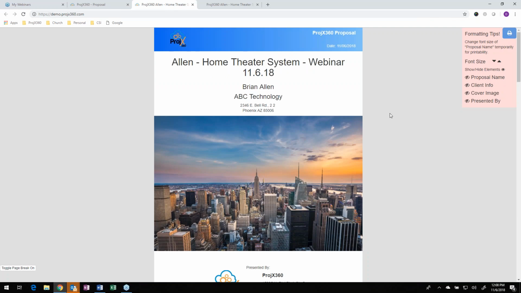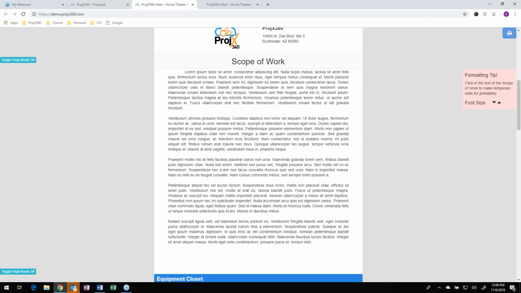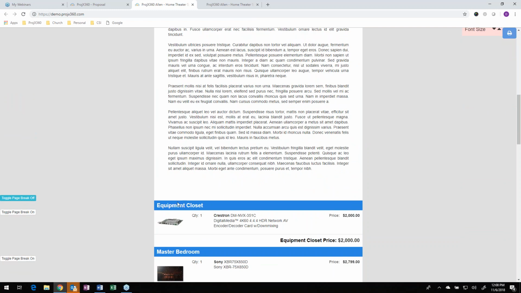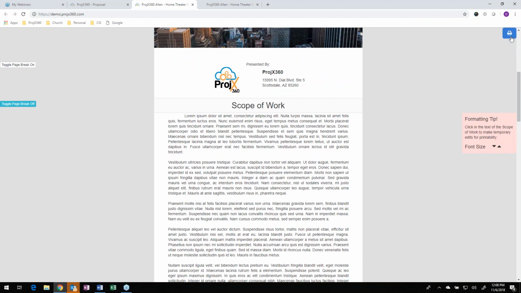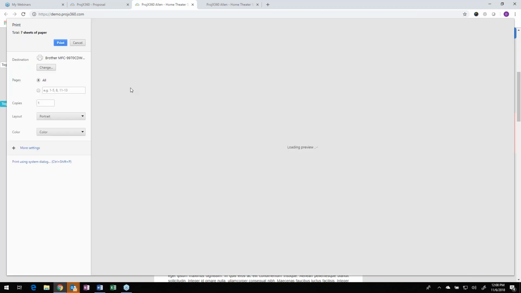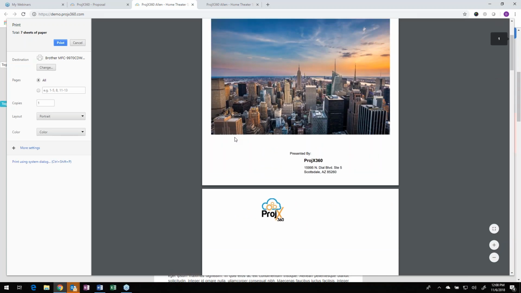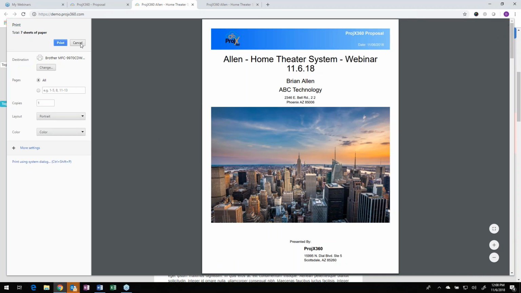I'm just going to download it instead of using the email feature. So you can adjust the font size for the proposal name, the client name, and the cover image anytime you want. But then also the page breaks are right off to the side here. So we have the page break on automatically at scope of work and where the equipment starts. But if you go to your print button right here and just go into your preview, you can scroll through,